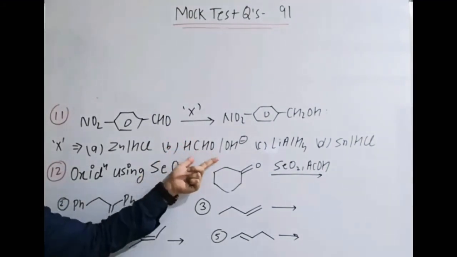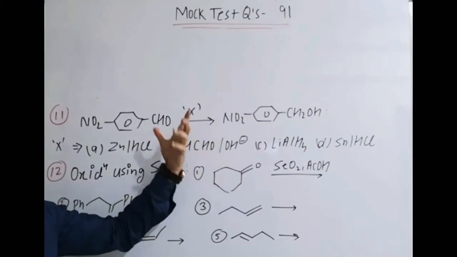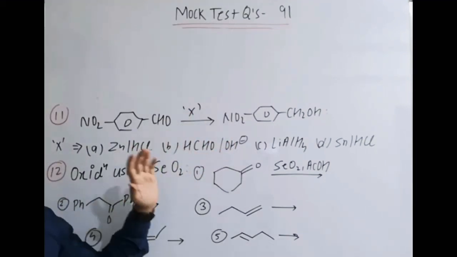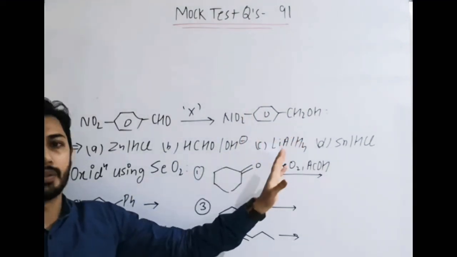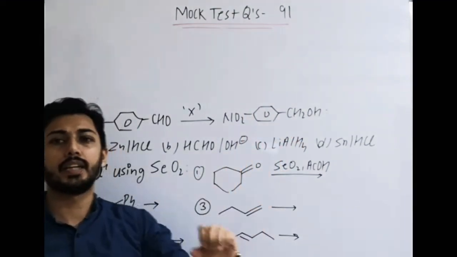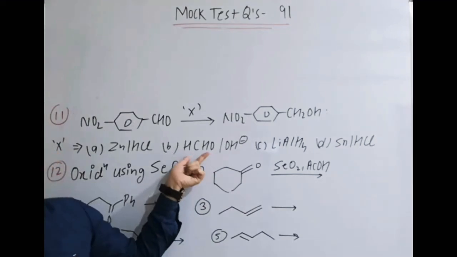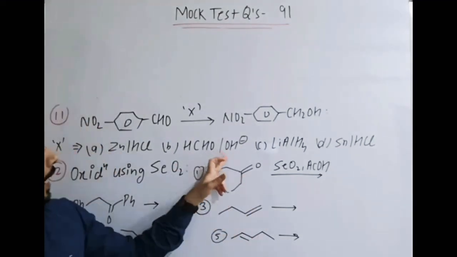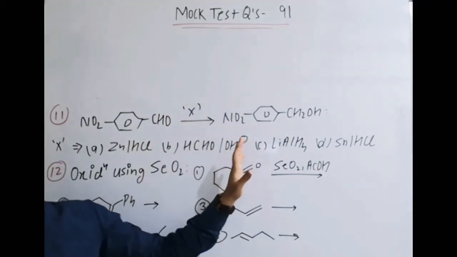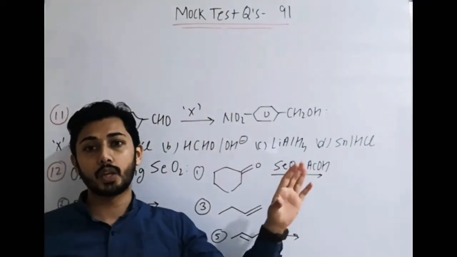that the more reactive aldehyde will be oxidized and the less reactive will be reduced. Now here they have clearly given that CH2OH is formed. So we can think that we have to go by the options. It means formaldehyde is undergoing formic acid formation and this undergoes reduction. Which reaction? Cannizzaro. It is possible, but still we see the other options.